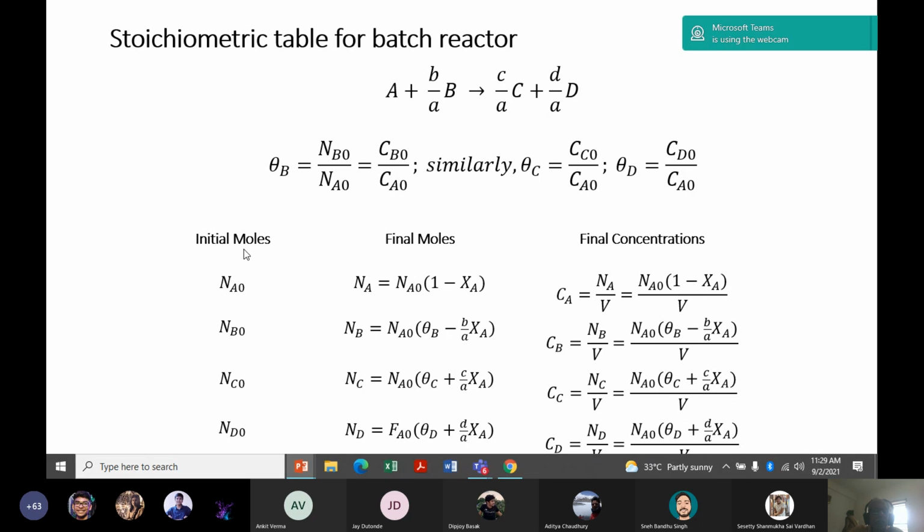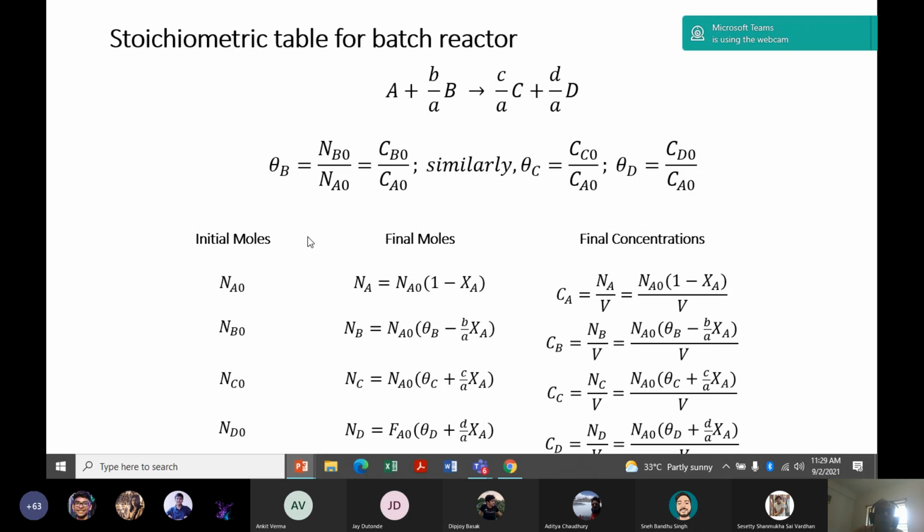For a batch reactor the moles are taken initially inside the reactor, but in a flow reactor there is a flow, it is a flow process. So we will consider the molar flow rates as per the inlet. This slide will be discussed later, just after the batch reactor. For the batch reactor we consider the first column, the initial moles. The second column is there in the book, if you consult Fogler.